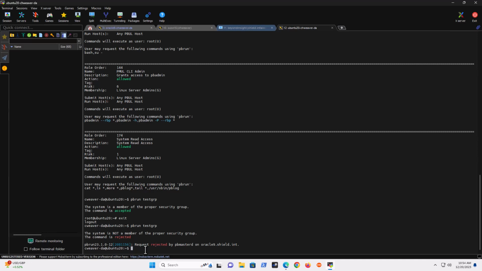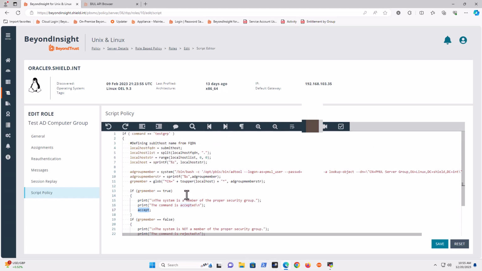So whatever process or workflow is populating those groups can hold true. And in this way, we can really control the host group using that script. And that script is taking advantage of the fact that we have the AD tool binary already on the machine from AD Bridge that allows us to connect in using a service account and do that dynamic lookup every time that we try to execute the